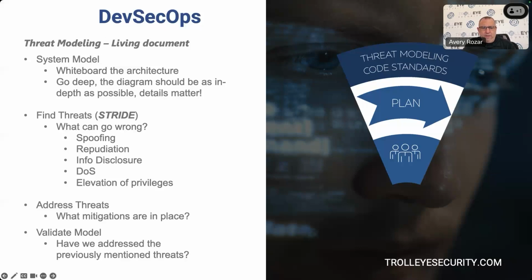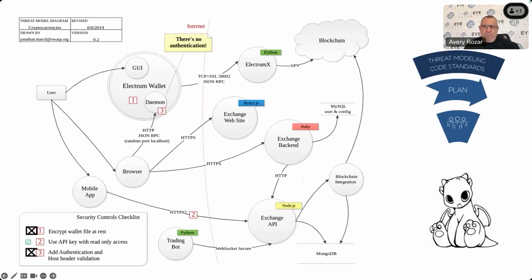So if we look at an example, this is an example of a tool that we use called OWASP Threat Dragon. And basically it's a web interface, and you build out all the different functions and features, the models, the flows, everything. And then down at the left-hand corner, you see security controls checklist. There's only three. Usually there's a lot more, obviously, in a real scenario. But here you're looking for,